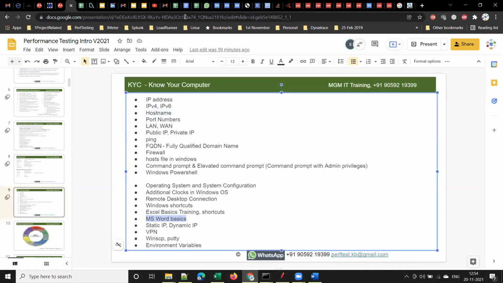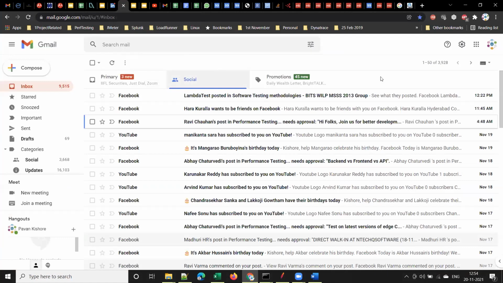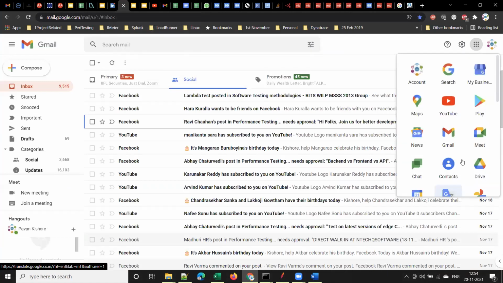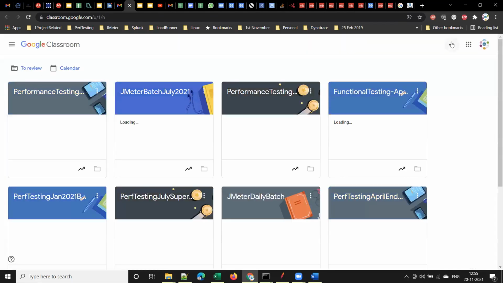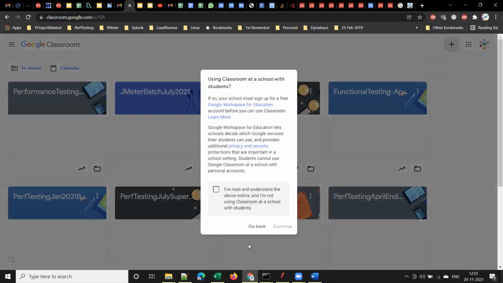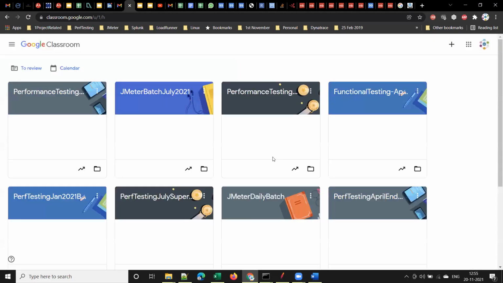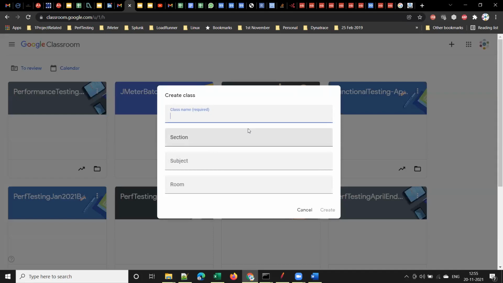I'll be sending an email. I asked you to share your email IDs; please ping me on WhatsApp one-on-one, separately. I'll add everyone to Google Classroom and share the assignments there. Clear, guys? And you have to submit the assignment in whatever way I ask. I will create a new classroom and add all your email IDs to it. So let me create it quickly.